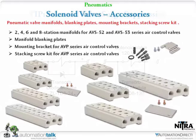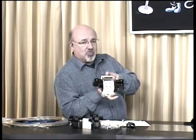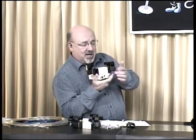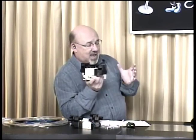You go to the next slide, we kind of talked about the manifolds, and again, the cover plates. There are 2 different size manifolds in 4 different sizes, and there are cover plates that allow you to block the ones you aren't using. I should mention real quick, if I set this manifold up, I'm going to bring pressure into, let's say, this center hole. These are set up so they're straight through, so I could actually take manifolds and pipe between them and keep